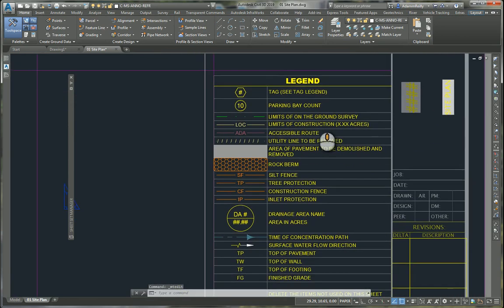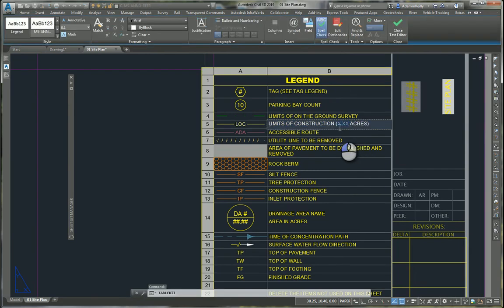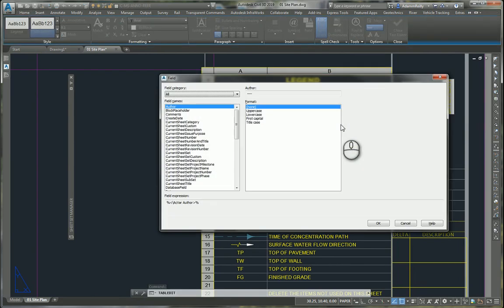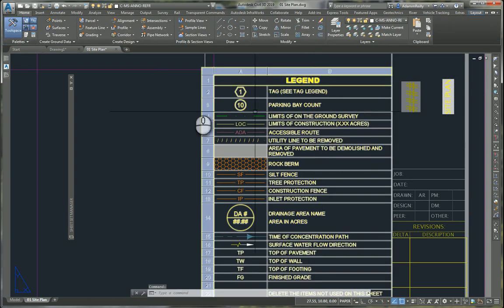As an example, if I were to look at my legend here, I have a space for limits of construction where we have just a blank acreage field. I can come in here and press Control F to get fields. I can go to my sheet set properties, make sure I'm on my sheet set, and if I come down here and look for my project LOC, which if I can remember where I put it, it seems someone's removed it from my template. Well, in that case, I can go back, exit out of this editing text,